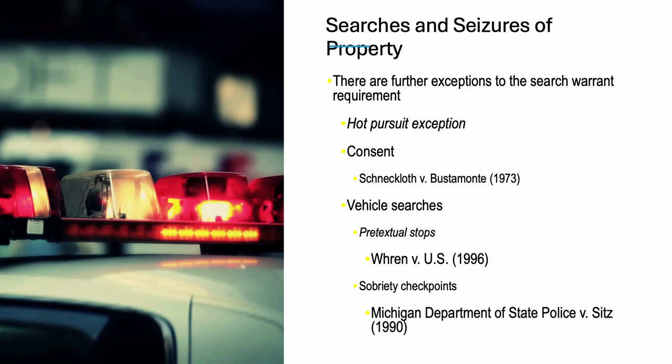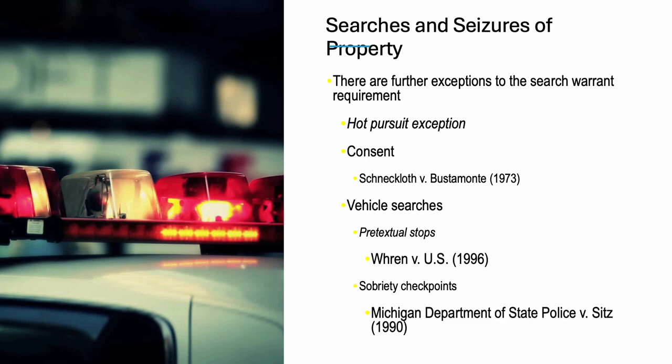Now on vehicle searches or pretextual searches, again, very important, because a pretext stop is basically something where you see a broken license plate light or a light that might be broken out on a car or something like that, and you say, hey, there's something about that, I'm going to stop. And once you make that stop based upon a malfunction of a car or a pretext, you start the investigation and you verify, hey, there's something more involved with this. There's something more detailed that I have to go into.